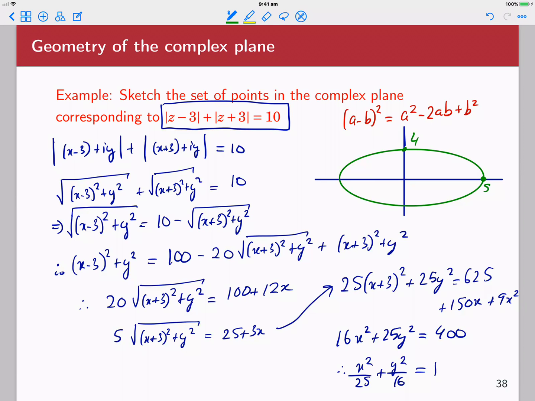So although that one was a lot harder and I couldn't immediately see what I was working with, by just plugging in z equals x plus iy and doing the algebra, I can now see that it looks like an ellipse. So that's our final example, and that more or less covers complex numbers. I think this video pretty much covers complex numbers in quite some depth. Pretty much covers everything you learn about complex numbers